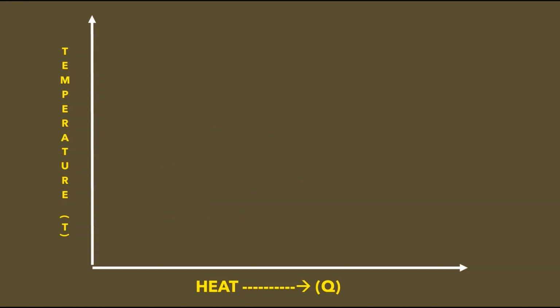Okay, so generally what is energy? Energy is the capacity to do work, right? So on the x-axis here we will plot the heat, and on the y-axis we will be plotting temperature, but don't get confused with words like enthalpy, because it's nothing but a form of energy only. Okay, for now. Now heat is a form of energy, and